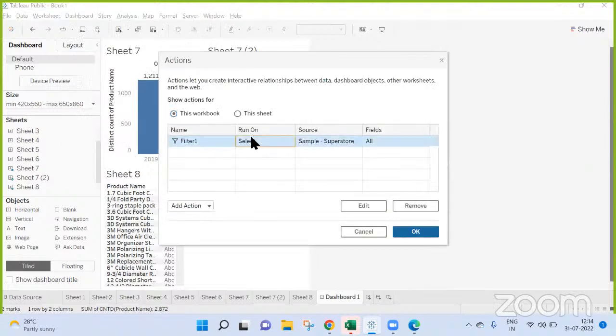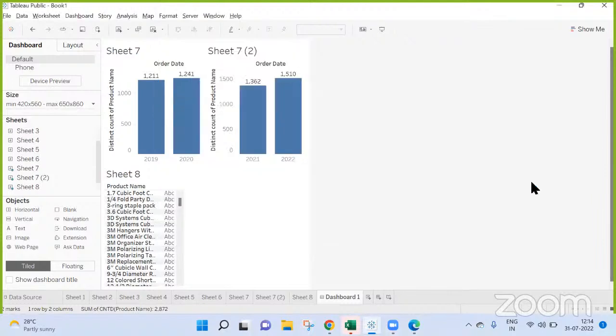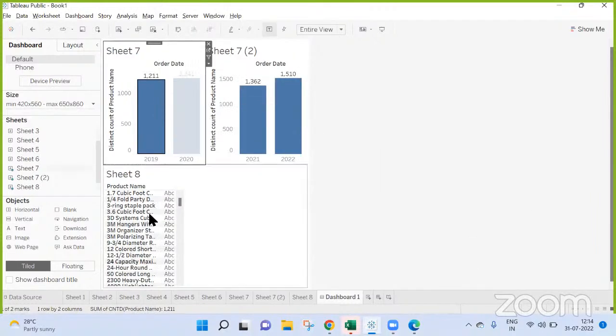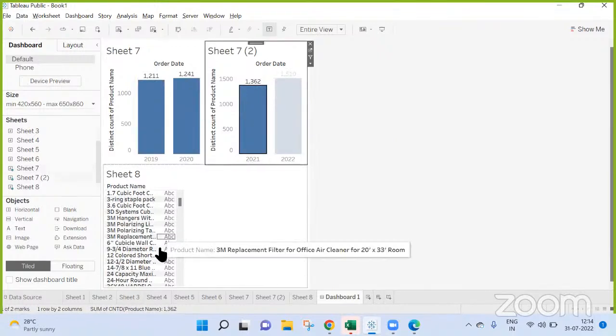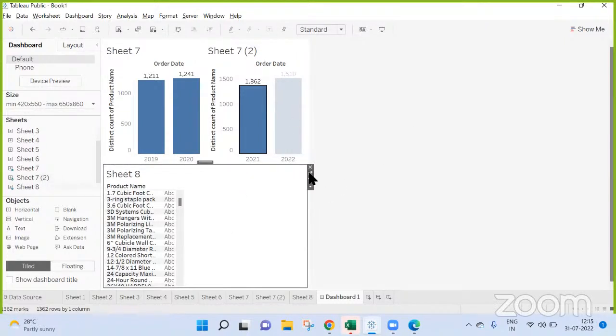The action is there, which is with sheet 7. I think it should work. Now when I click here, 2019 from this sheet is passed. And when I click here, 2021 from this sheet is passed. So whenever you click on that, the date is passing here, and based on that the filtering is happening.